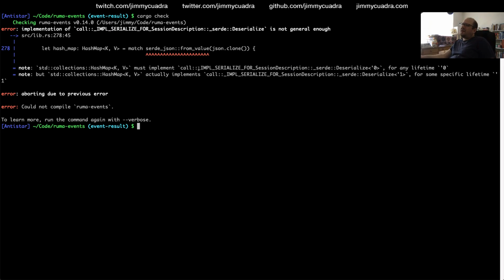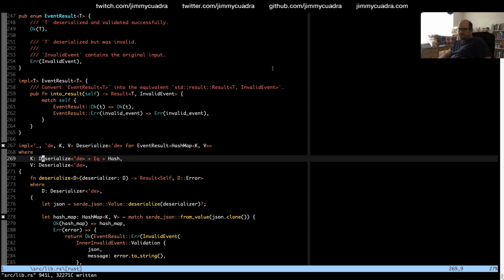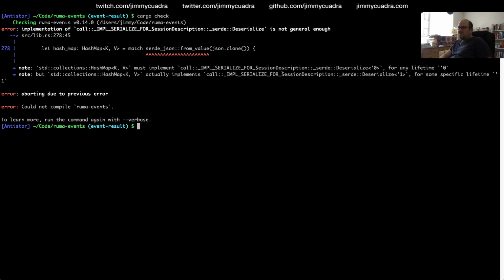Basically, this comes from a derived implementation of serialize for this session description type, and for whatever reason, it picks session description as the error message for every type related to a derived implementation, regardless of which specific type we're talking about. I don't know why that is. So the fact that it says session description here is super misleading. It's not actually concerned with session description.